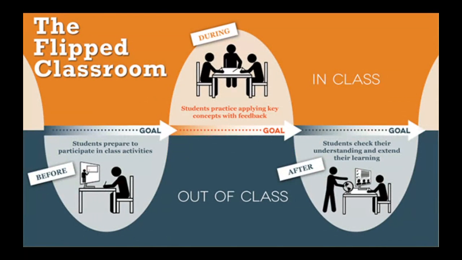And so here's a graphic, a visual of what a flipped classroom could look like. So before the classroom, students prepare to participate in class activities. This is similar to what you would do if you were to assign homework to your students, right? And so this is before the class starts. And with homework, all teachers have to face the issue of, hey, the student didn't do his or her homework, right? And so the same will apply to the flipped classroom if the student doesn't watch the video. And I'll get to that in a second in the next few slides on accountability, right?